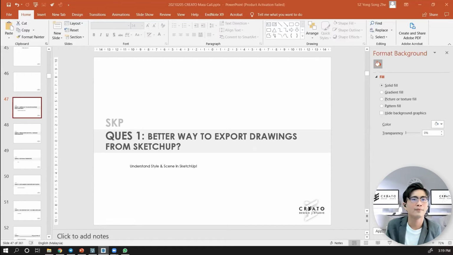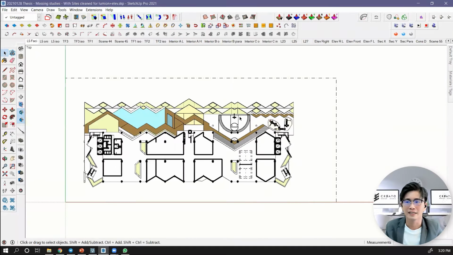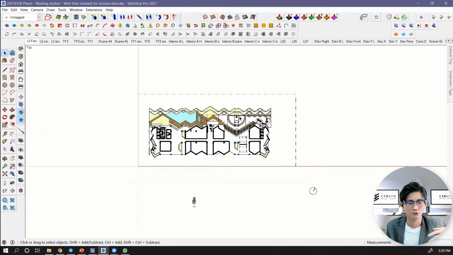If you don't have SketchUp, no worry, as I mentioned in the beginning, just see what we show on the screen and learn it for your future use, so that next time you can execute more easily, because you at least have some memory of it. Or you can use a paper like me and note down the important things. We always encourage our students to do that. So this is my SketchUp. The one I'm using is 2021. Not much difference in the version that I will share with you today.